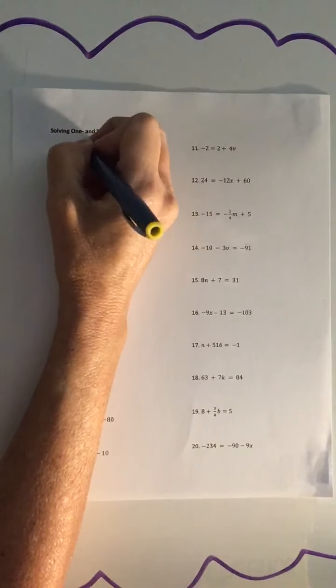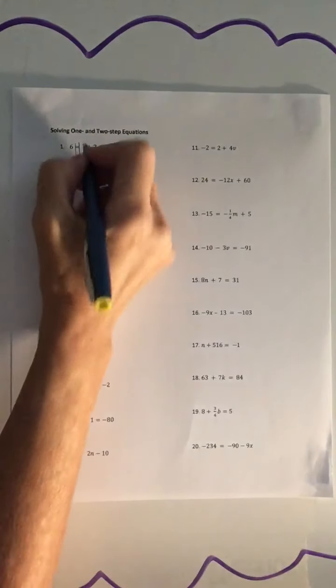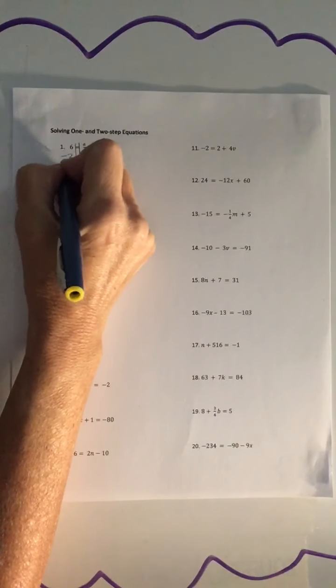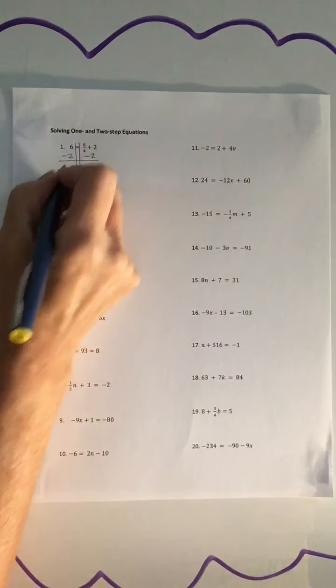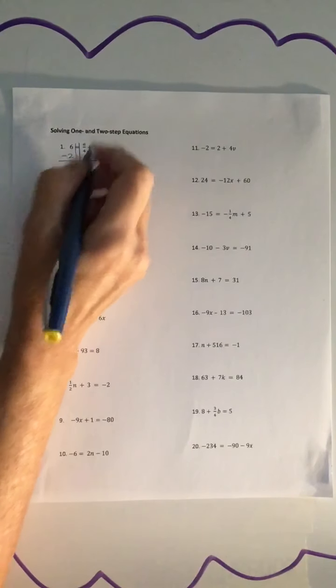Remember, we're always going to have you start out by drawing those two lines, undo PEMDAS, so we're going the opposite way. We're going to start out with the addition property of equality. So we're subtracting 2 from both sides, which gives us 4